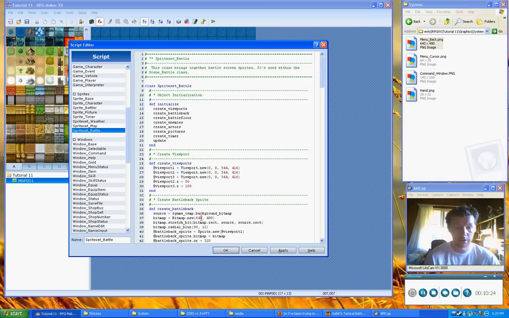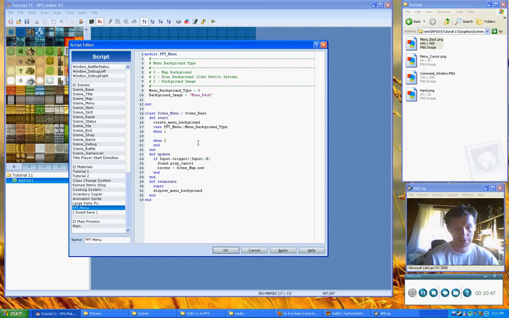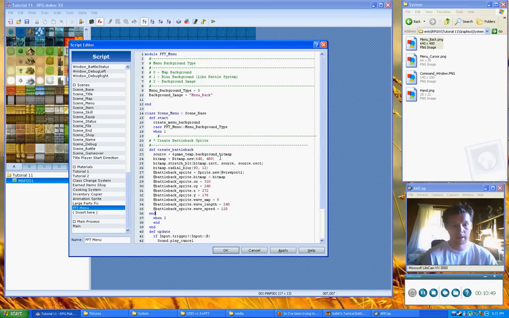Okay, so here we've got our background. It's going to be getting the bitmap. It takes that from bitmap source, which is the background bitmap that we have already used. So what we're going to do is we're just going to take this method right here, we're going to copy it, and then we're going to copy that down here into our script. We're going to say, oops,